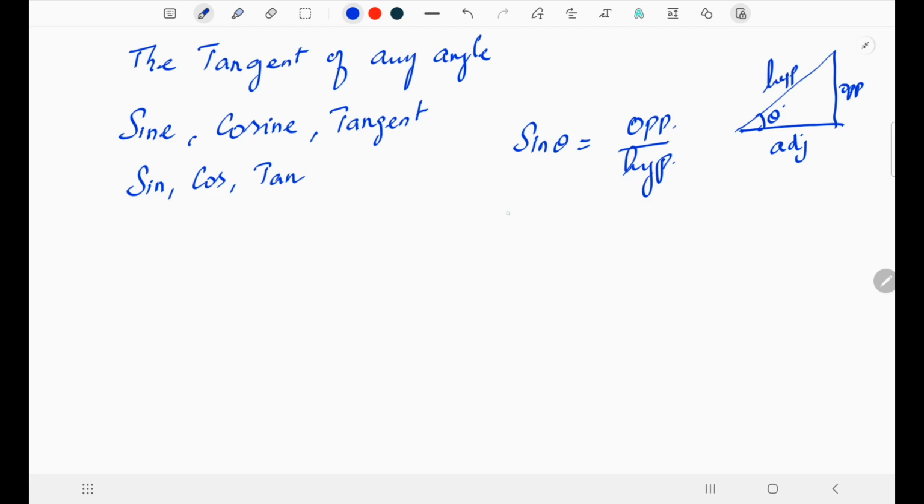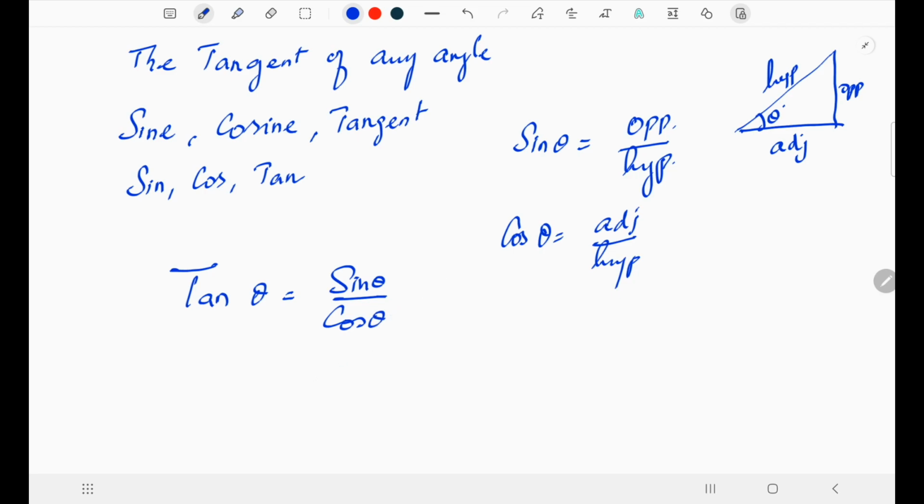And what is cos theta? Cos theta equals adjacent by hypotenuse. Clear? Now the tan theta equals sine theta divided by cos theta. What is sine here? Opposite side by hypotenuse, divided by adjacent by hypotenuse,